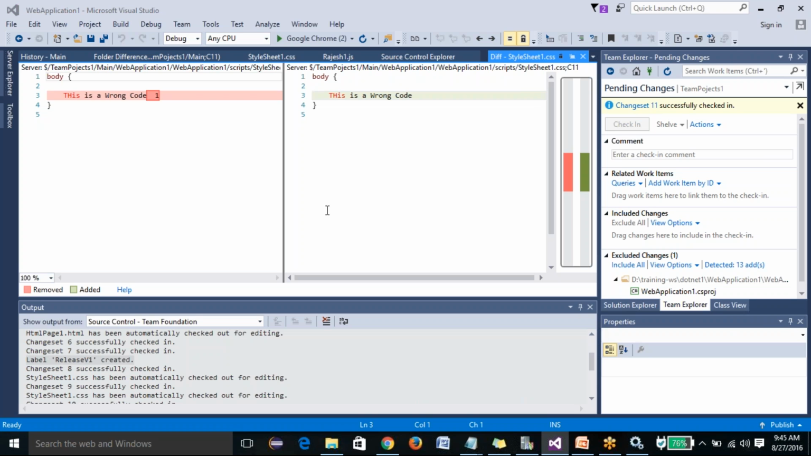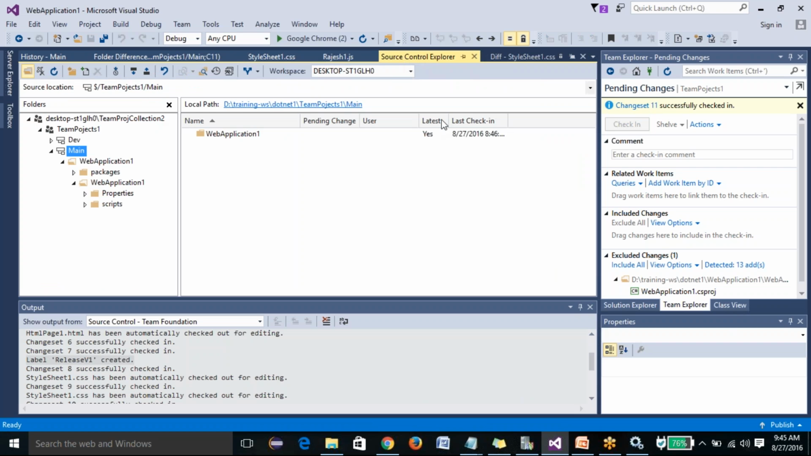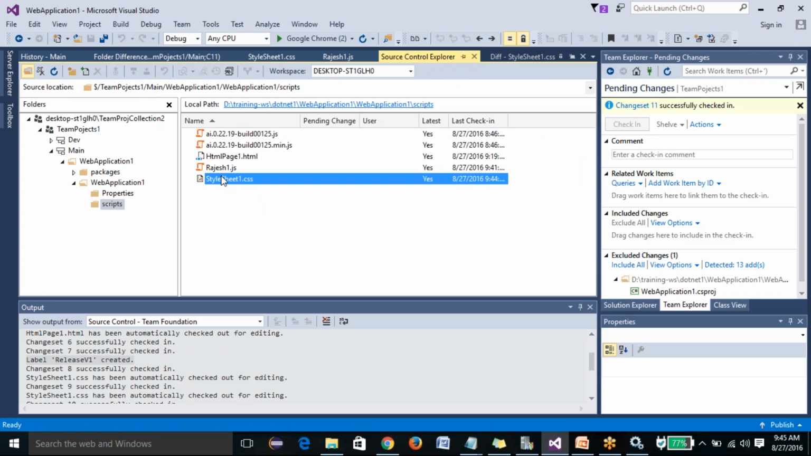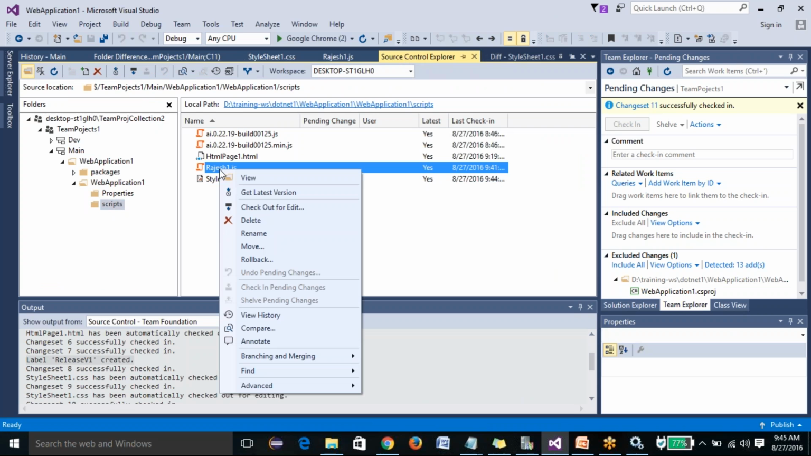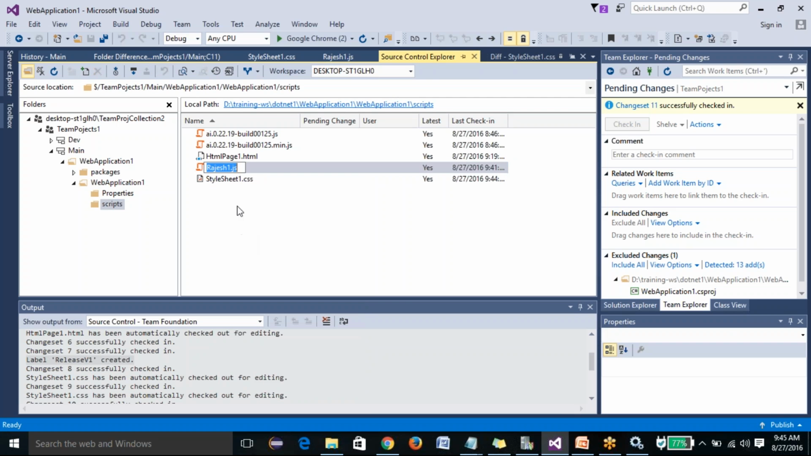No, Rajesh, no. Okay. Now I'm going to show you one option. I realized this file is not needed. Rajesh1.js, which is my personal file, is not needed at all. So we're going to basically rename it. Okay, I'm going to rename it